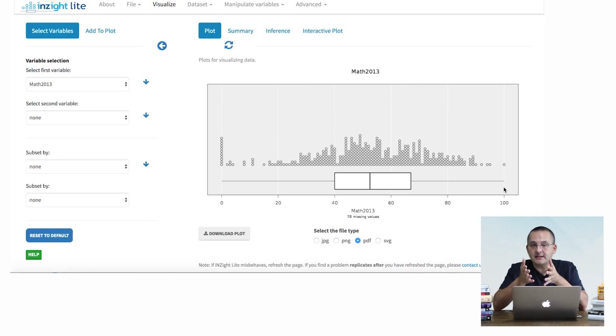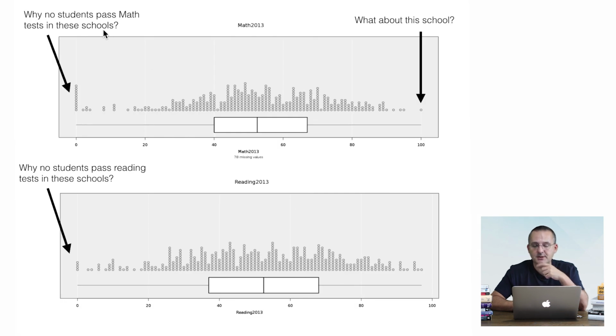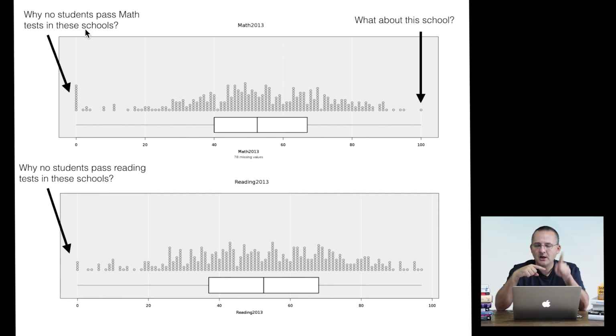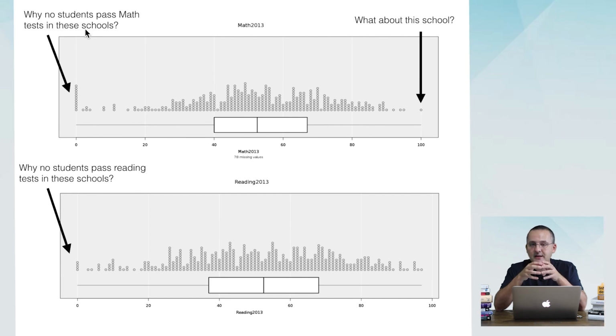Now, the same way that I did before, if I see these charts with so many potential compelling stories, what I do is take a screenshot of them or print them out and actually write notes, like reminders to myself, things to look for, right? So these are some notes that I wrote about these charts. What is this school? What is that school over there? Why are no students reading correctly over here? Why are not so many students doing math correctly over here? Those are potential stories, right? Things that we have discovered thanks to the visualization. We don't have the story, but we have the clue to find possible stories in the future.